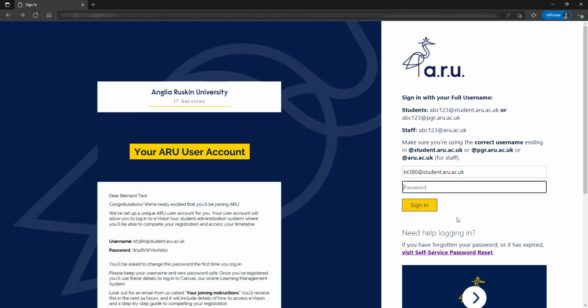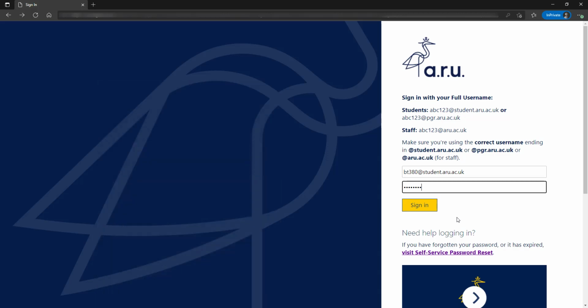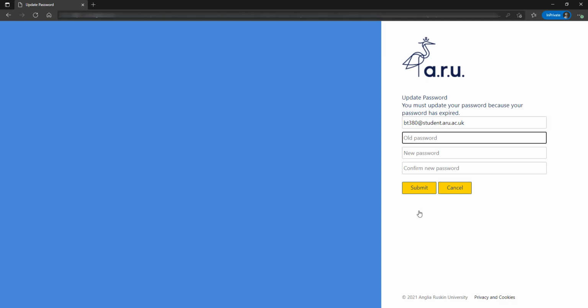Enter your temporary password as detailed on your ARU user account email into the password box. Click Sign In. You will then be prompted to change your password to something more memorable. Re-enter your temporary password into the old password box. Then type a new password into the new password box, making sure that your password isn't something anyone can easily